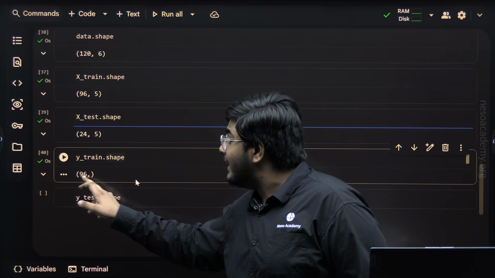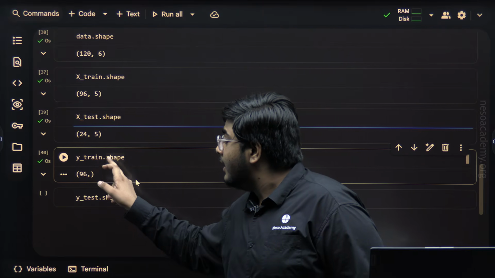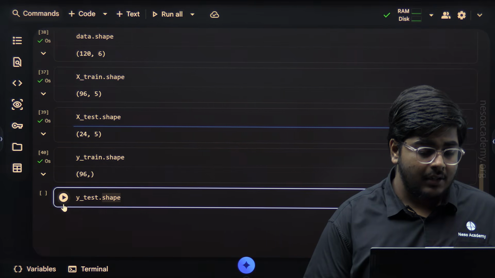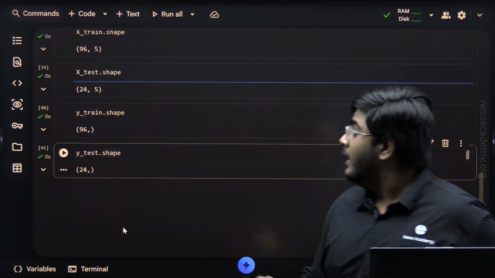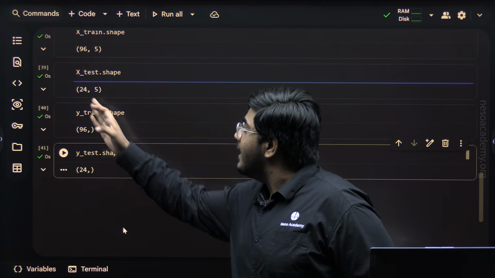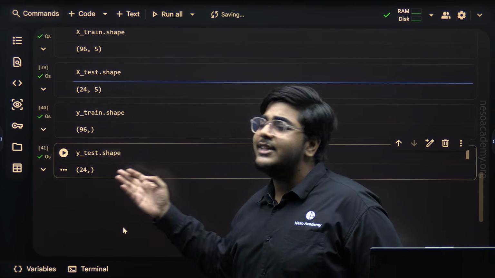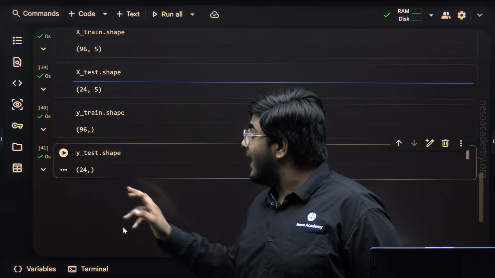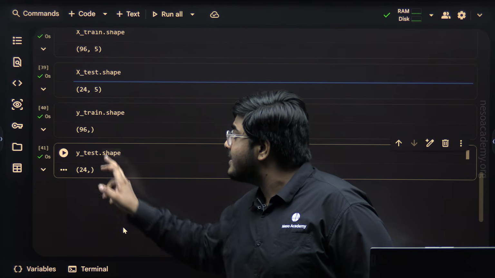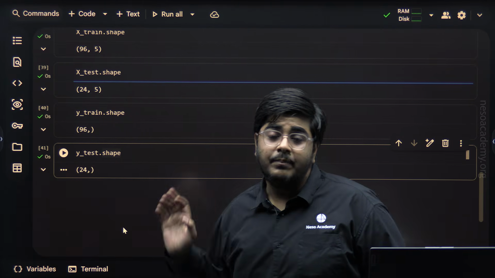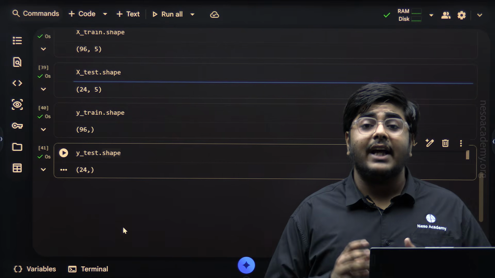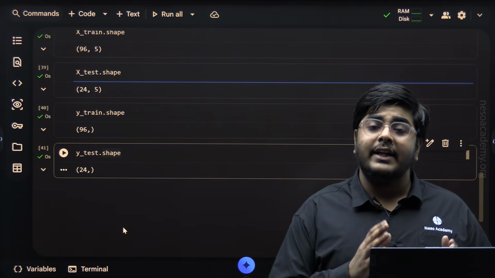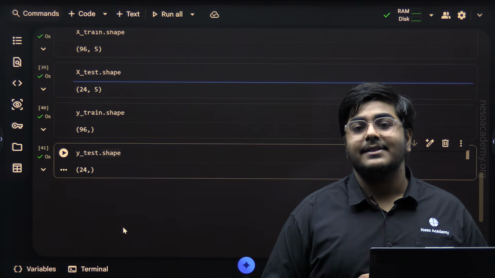If I check the shape of ytest, I hope you have guessed, it has 24 entries as the testing dataset, and since there is only one column, it is not specified as 1. So there are 24 entries in ytest and 96 entries in ytrain. In this way, we have analyzed the data after splitting, and we are done with the implementation of data splitting, or train test split.